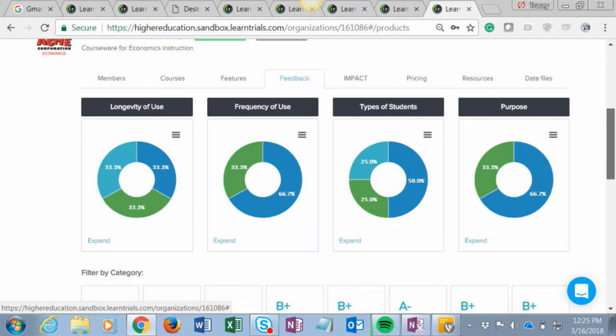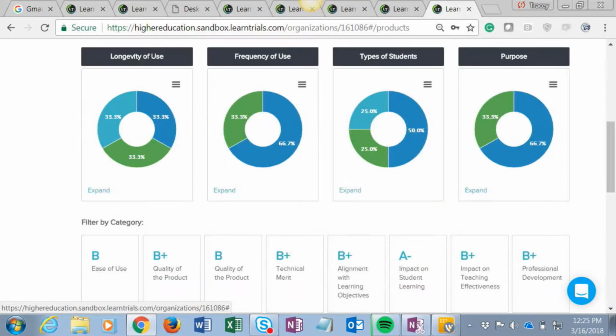You have a more detailed and nuanced feedback component coming from people only within my organization, saying, okay, what's the faculty experience for this product within Southern New Hampshire University? And then ultimately,